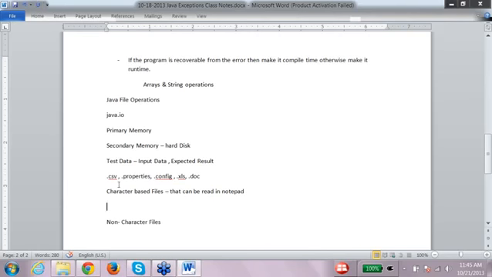You can read .txt files, .xml files, and .config files. All these are character-based files. So you can double-click and open them in Notepad, and you can read them. What are non-character files? Non-character files are files which are